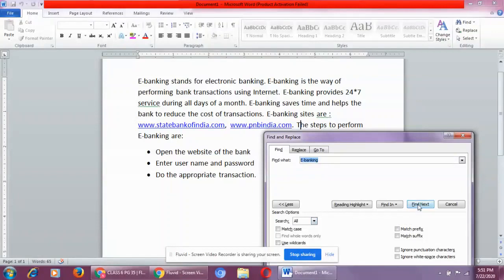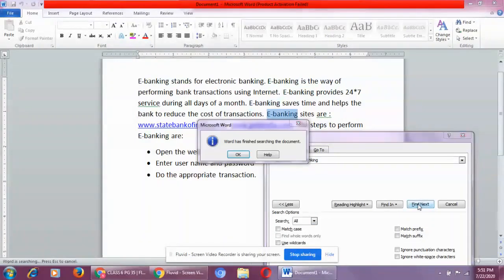Click Find Next. Wherever you find e-banking, once Microsoft Word has finished searching, it will prompt a message, Word has finished searching the document. Click on OK.